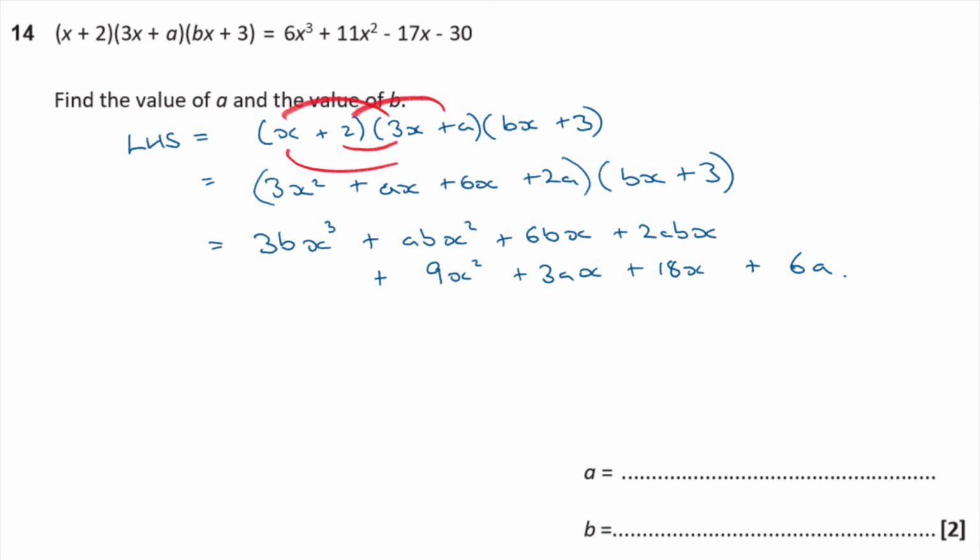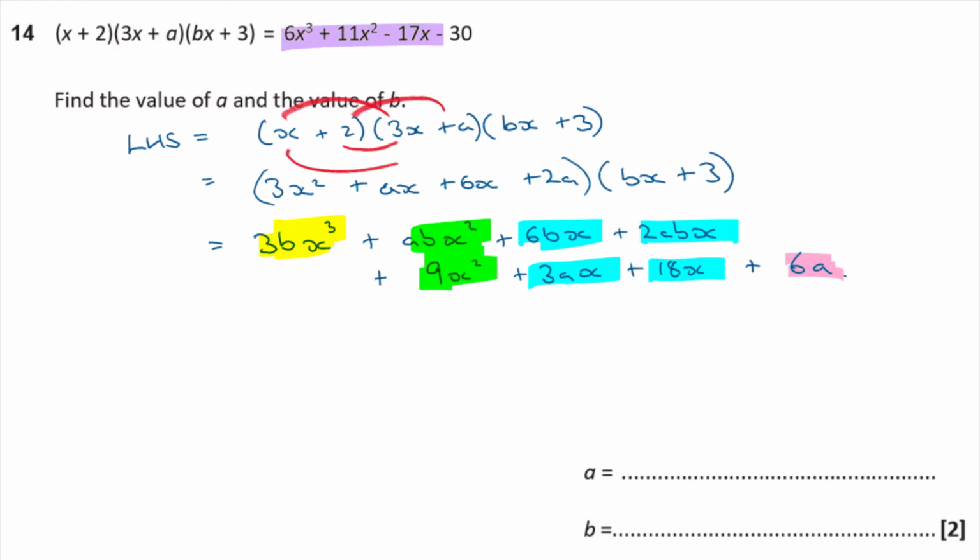So you can see I've got terms in x cubed, I've got terms in x squared, I've got terms in x, which is here, here, here, and here, and then I've got a number on the end, which is our constant on the end. Now what I want to do is compare that to this thing up here that we wrote and that we had up here. So that is all equal to